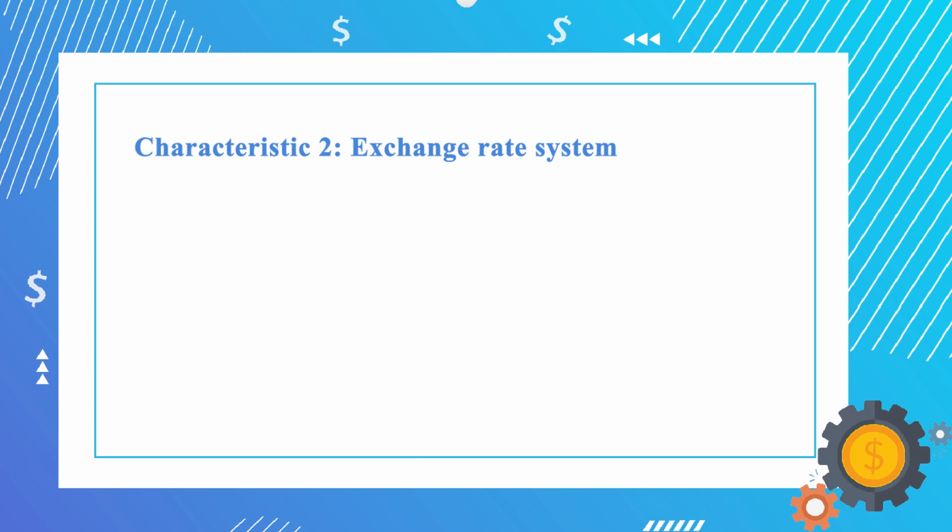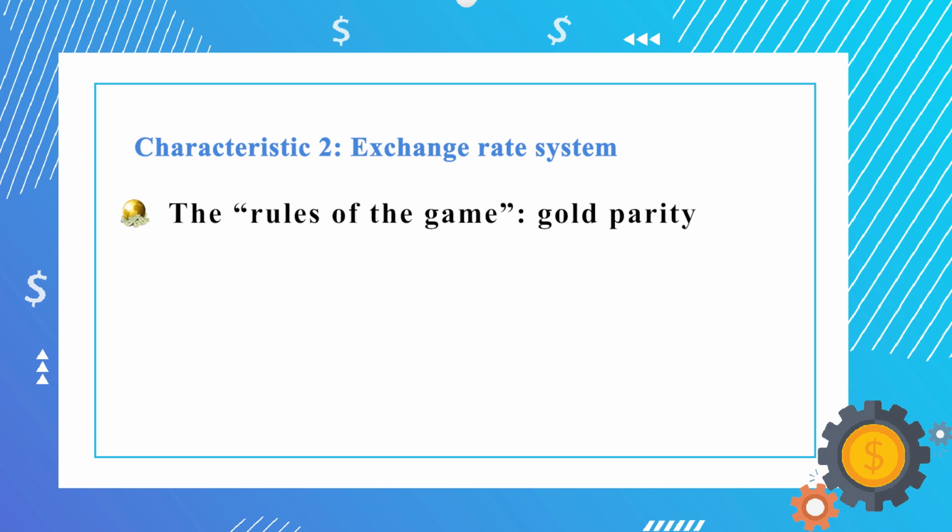Characteristic 2, from the aspect of exchange rate system. The exchange rate system under the gold specie standard is the fixed exchange rate system. The rule of the game is that the exchange rate between two currencies will be determined by the two countries' gold parities. For example, in Britain, the pound was pegged at 4.2472 pounds per ounce, while in the United States, the government declared the US dollar to be convertible to gold at a rate of